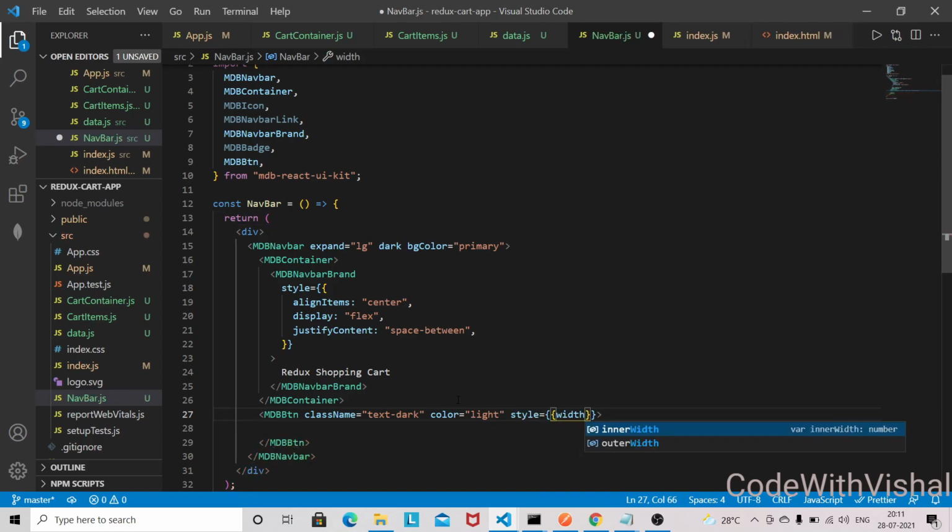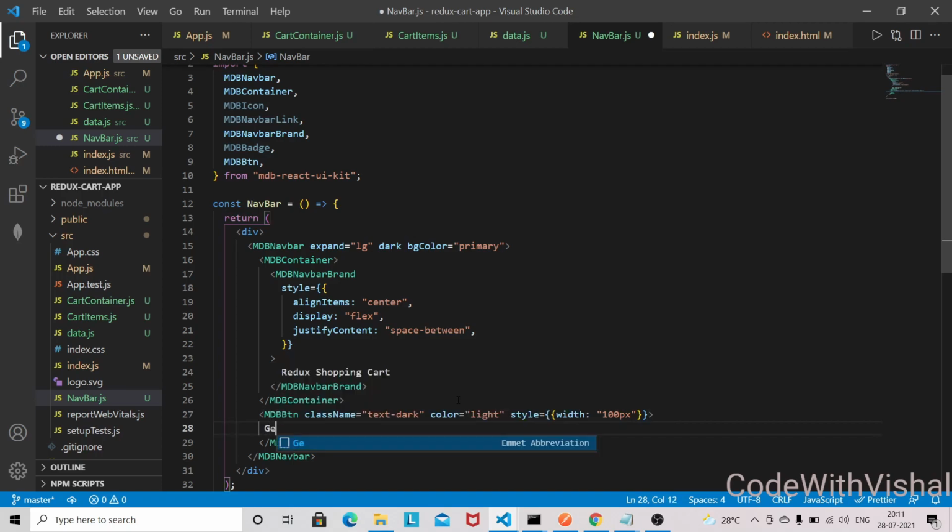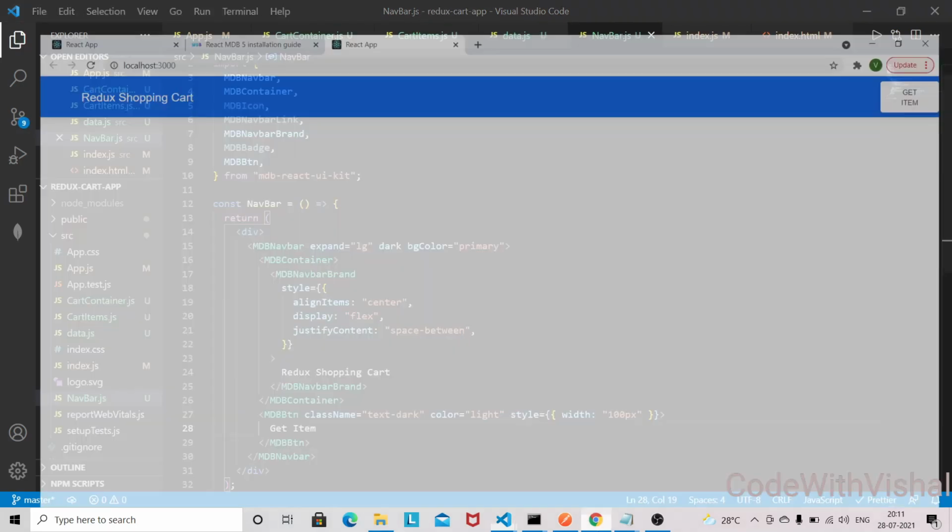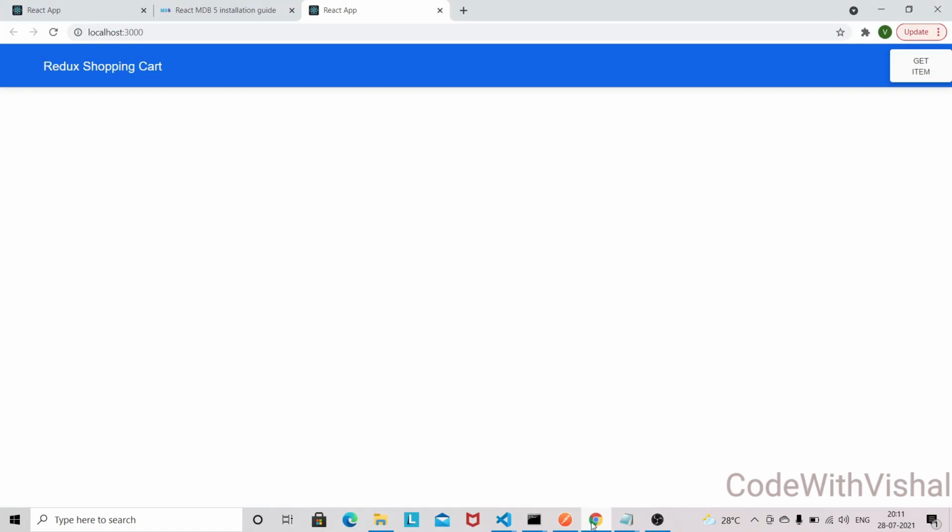So the width of button will be 100 pixel, and that's it as of now. So the button value will be the get items. So we can look into the browser as well. So we got this one, and don't worry about this styling part, this will fix later.